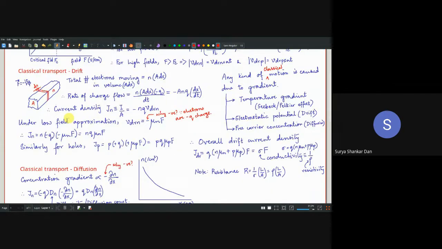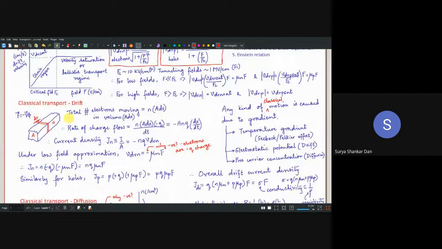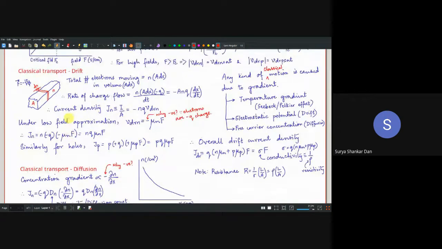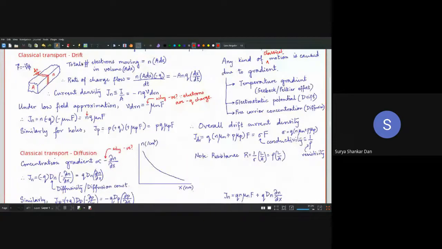In fact, as I have always been emphasizing, mutually exclusive events, remember that one. Here you can see that these are all mutually exclusive events. Doping will basically take care of this n, whereas the drift velocity, the material concept I told you, will essentially take care of this part, and these are all products, so that means mutually exclusive events. Very good. I'm really happy you are asking questions. Is the concept becoming clear? Otherwise this equation you will find anywhere in Streetman, Banerjee. That's not an important thing.